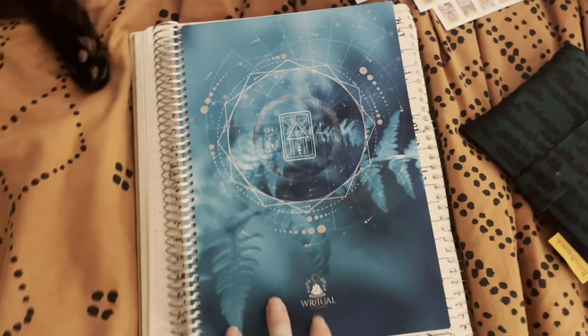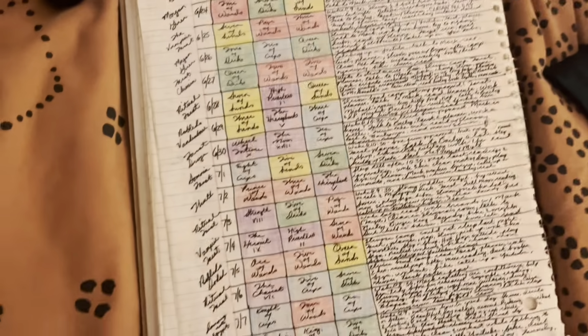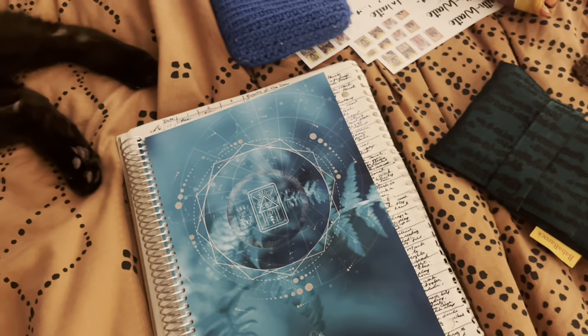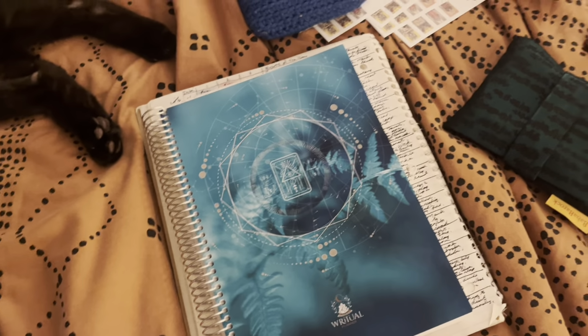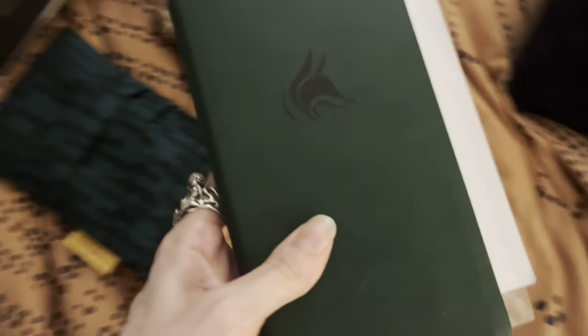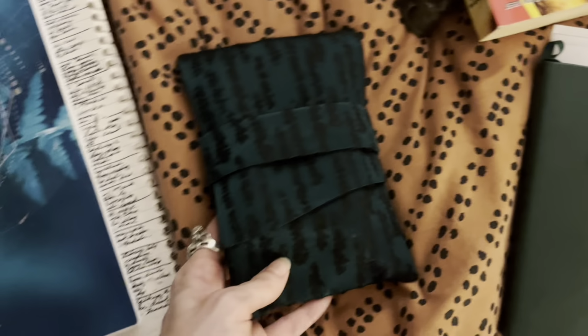This is the ritual planner that I use, and I log all of my entries in here every day. I don't know if I'm going to continue to do this. Sometimes it becomes tedious, and I'm not having as much fun with it anymore, but we'll see. I do like some sort of routine. These are just the things that I'm reading right now and working with. This is the Clever Fox planner. I use this every day as well. Some decks,